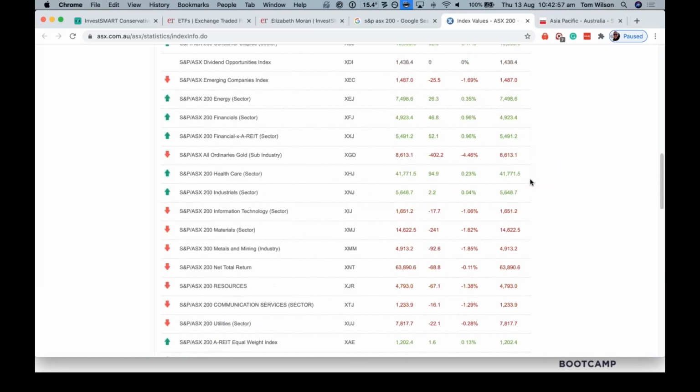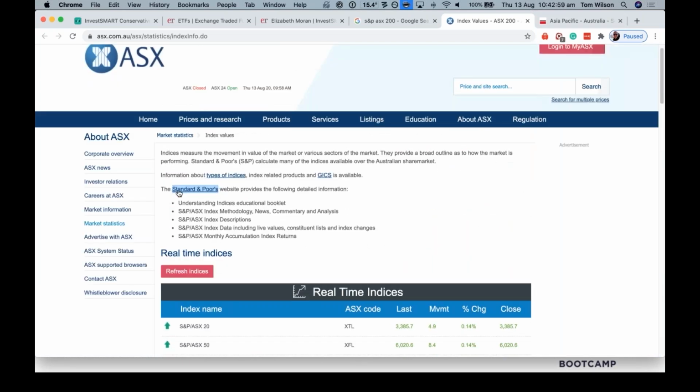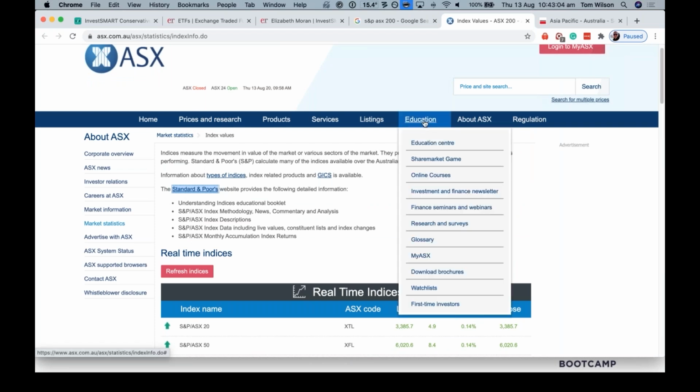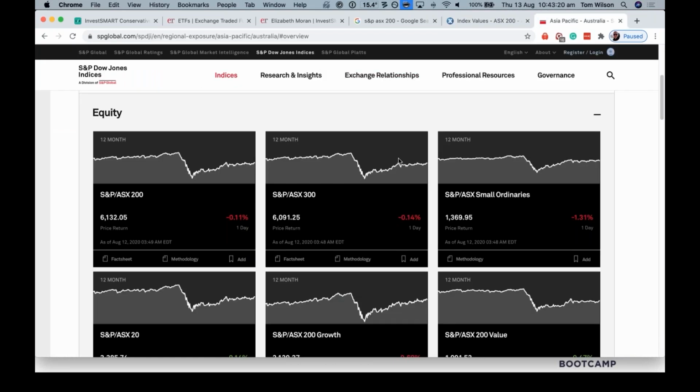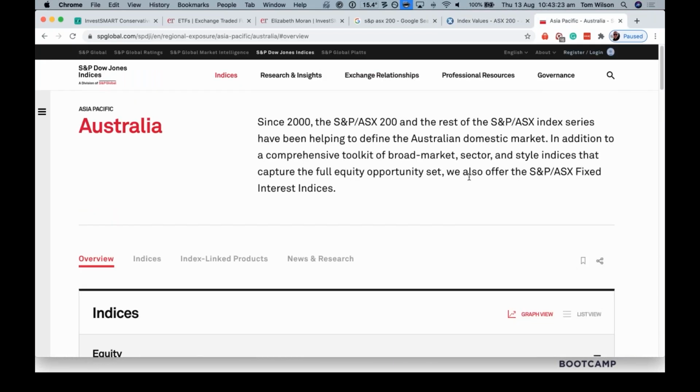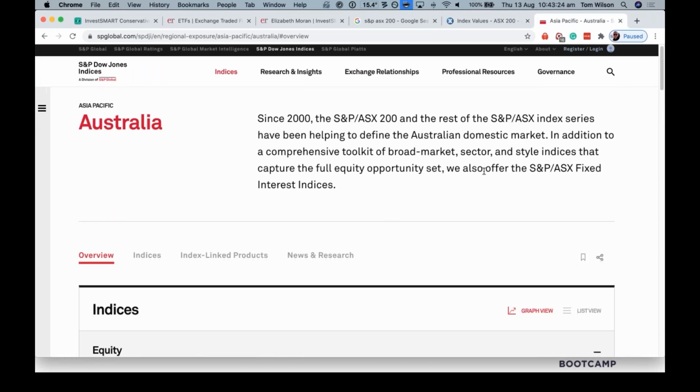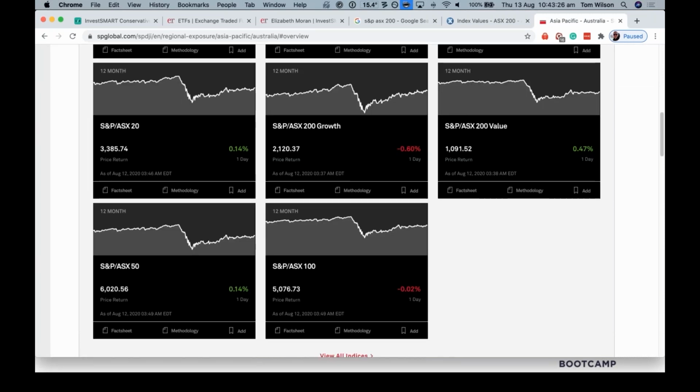But the ASX has got a lot of information as well. There's some people who come to do boot camp and we'll even point them back to the education centre on ASX, just to get a bit more of a head start into the investing world. But if I clicked on the Standard & Poor's website, it would take me to their website here, where they give you all the information that you could possibly dream of about the S&P